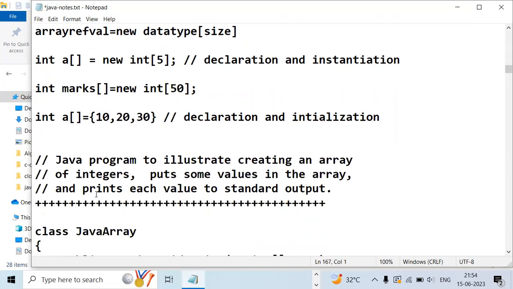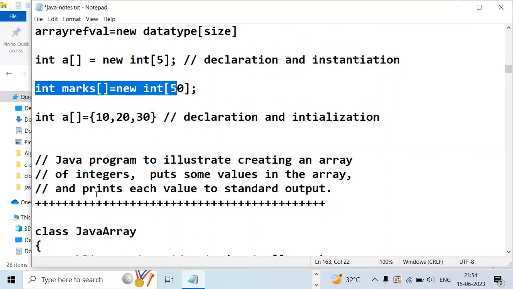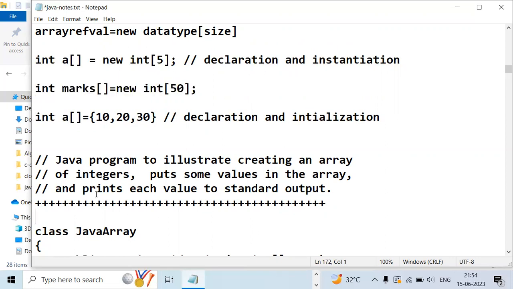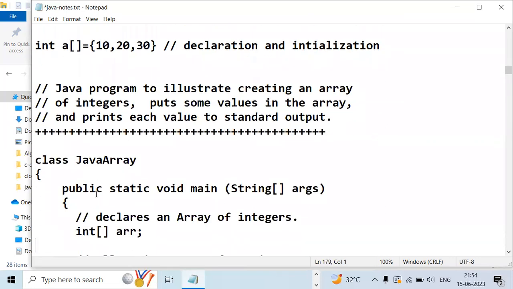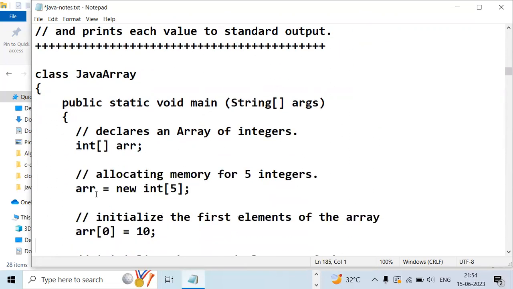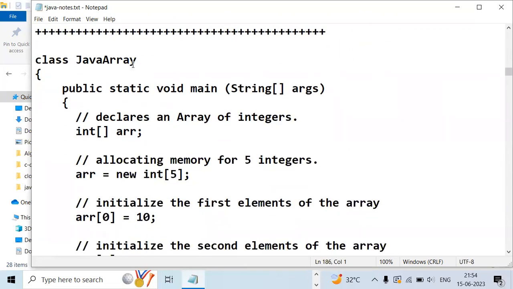If you want to input the values while executing the program, then you have to specify like this one. So now the question: how to create an array of integers, how to store the values to the array, and how to print the values. So first, I'm creating the Java array,